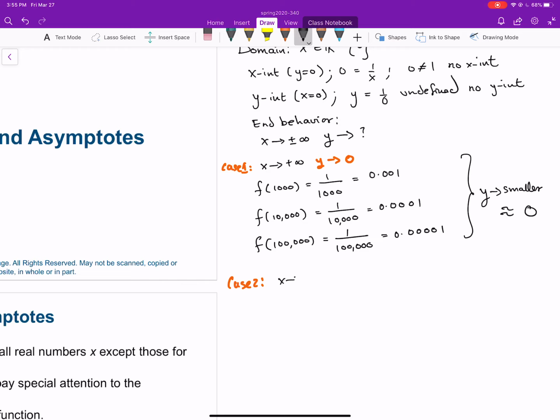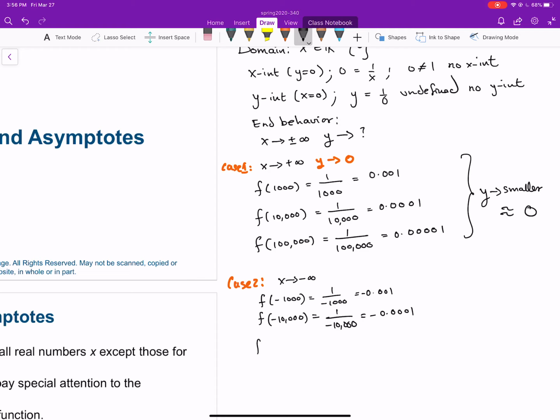When x approaches negative infinity, let's see. So again, think about a big negative number. So I'm thinking of negative 1,000. That's 1 over negative 1,000. We end up with negative 0.001. If I try negative 10,000, I get 1 over negative 10,000. I get negative